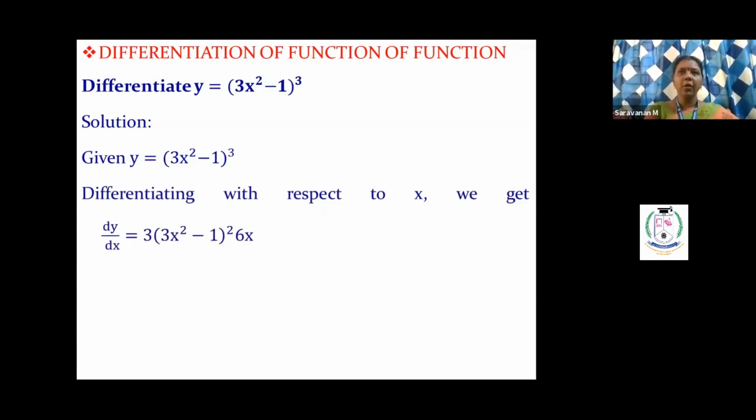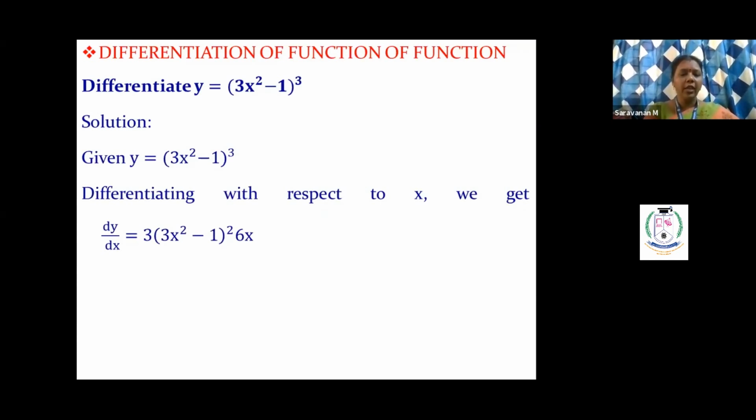So the differential value of x cube. Which formula we are using here? d by dx of x power n, general form, n into x power n minus 1. So n is 3 here. 3 into, in the place of x, we are having 3x squared minus 1, the whole squared, n minus 1.